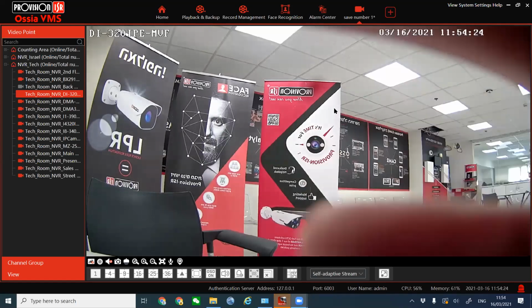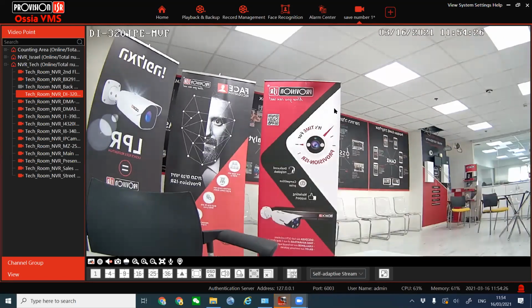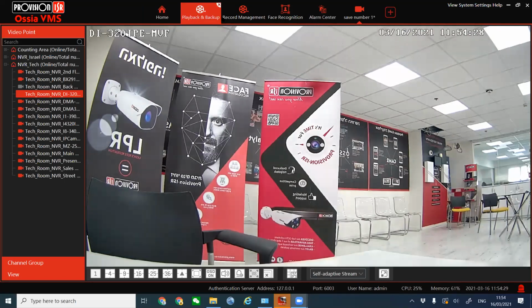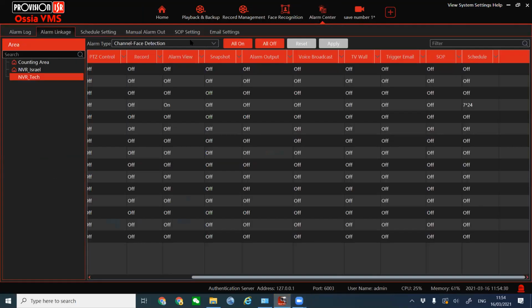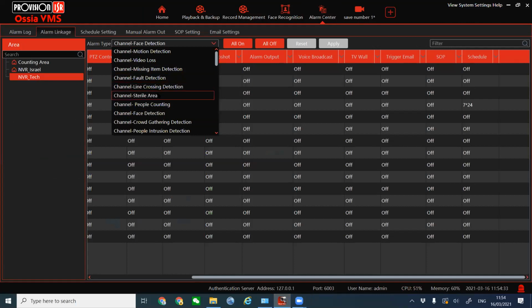It's the same way that I did the trigger for the face detection, I can do a trigger for many other different triggers, for a sterile area or for line crossing or any other thing. I chose to show you the face detection because it's controllable. As you saw, I just control it right now. If I did the sterile area, maybe a car wouldn't pass in 2 minutes, and we're not gonna wait for